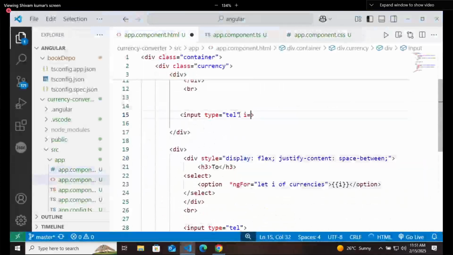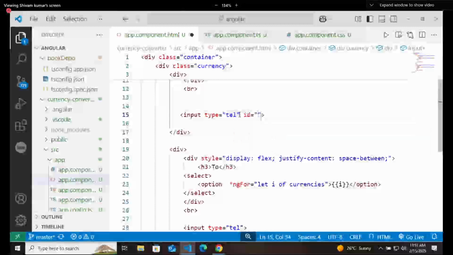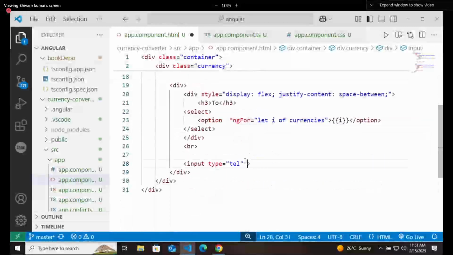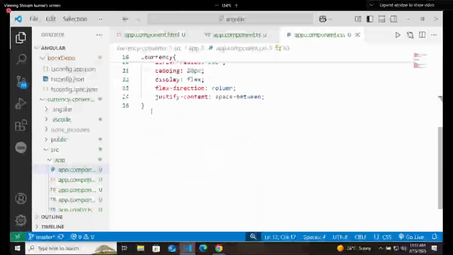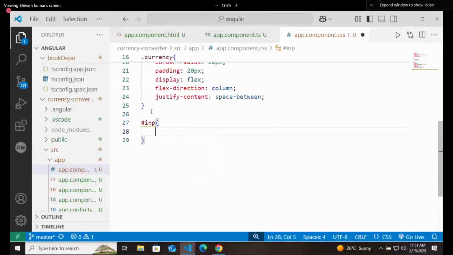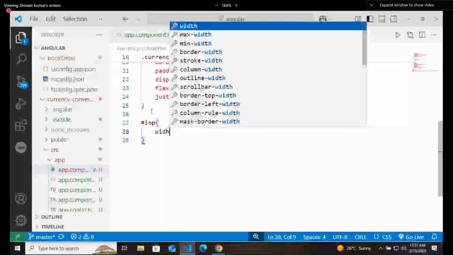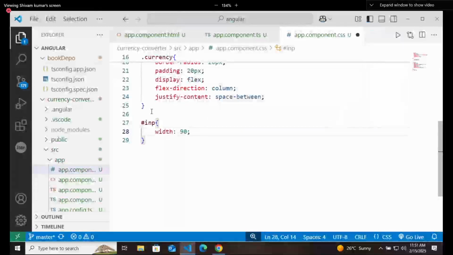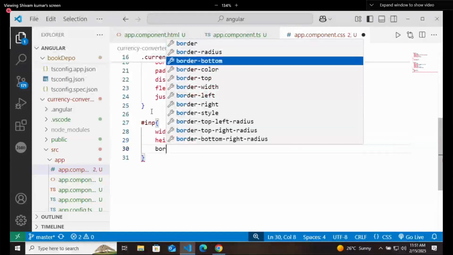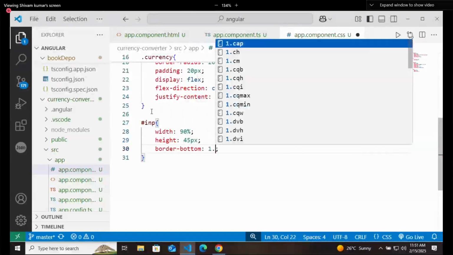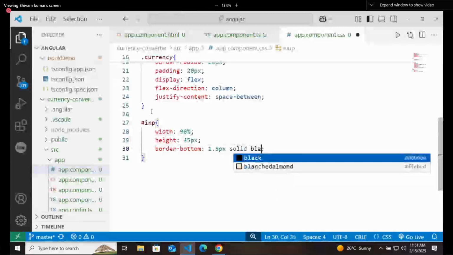I will give the ID as INP, and this also is going to have the ID INP. First thing, I will say they have a width of 90% and a height of 45 pixels. They have a border bottom of around 1.5 pixel solid black.